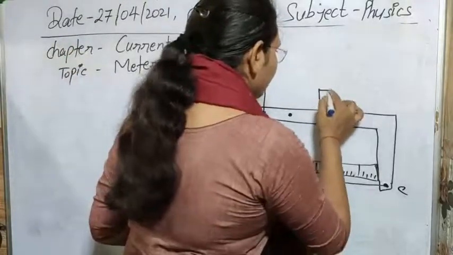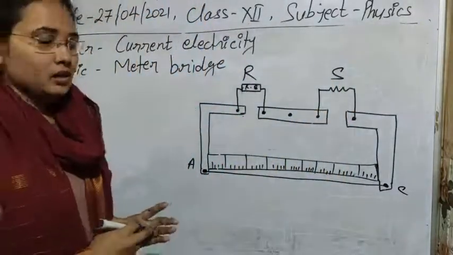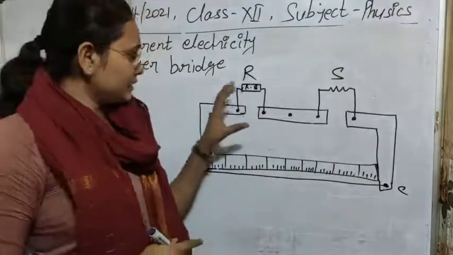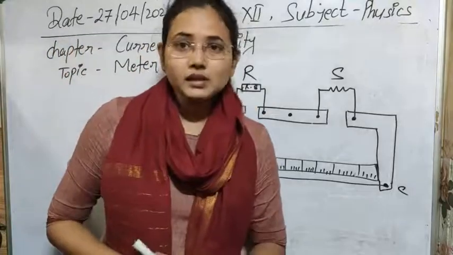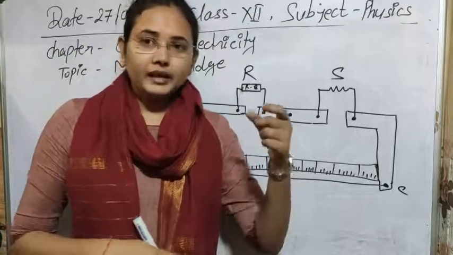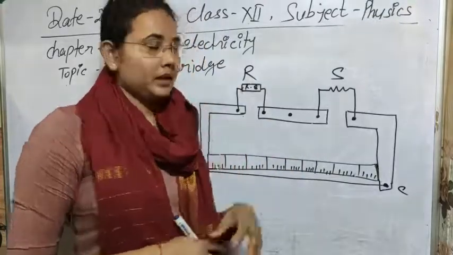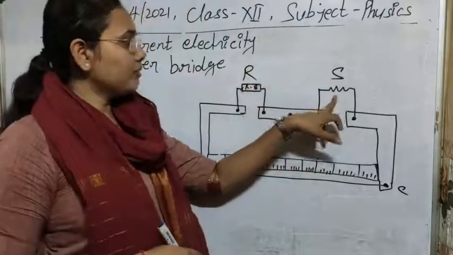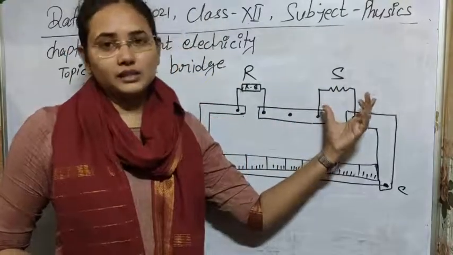And the unknown wire whose resistance we have to measure, we can connect it between these 2 plates. So this is the basic way to connect the resistance, that is, this is a variable resistance. As I told you before, in the case of Wheatstone bridge, we can use a rheostat or resistance box as a variable resistor. We can take any of the values from there. Means we can change the resistances easily by using a resistance box. So here in the place of R we are using a resistance box. Here one wire whose resistance is unknown for us, and we have to calculate its resistance by using this kind of experiment.